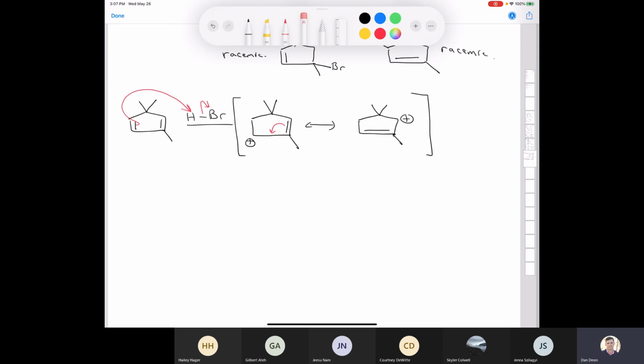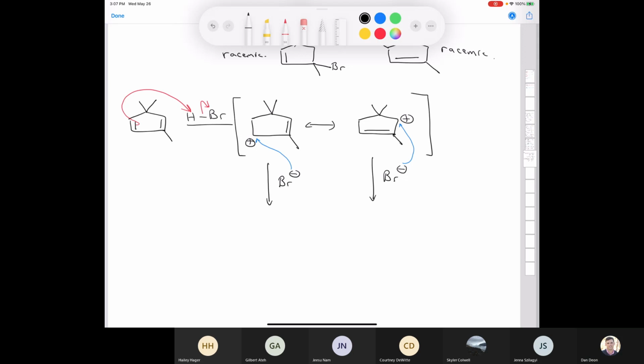Just like before, I'm going to delete the resonance arrow because I want to use both of these to show the nucleophilic attack. So I can take the bromide and do a nucleophilic attack here, take the bromide and do a nucleophilic attack there. If I draw the curved arrow for the nucleophilic attack, it could attack here, or it can attack here. Then if I draw the products that result,